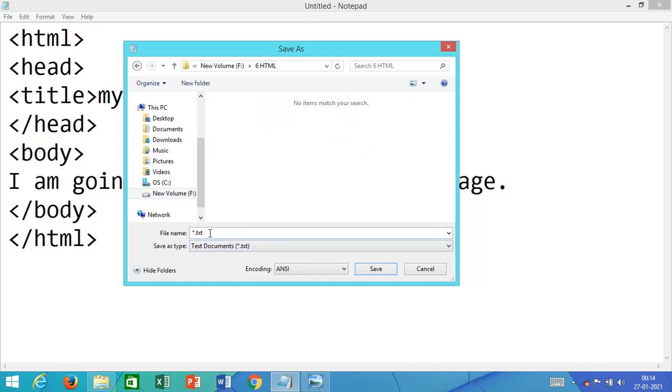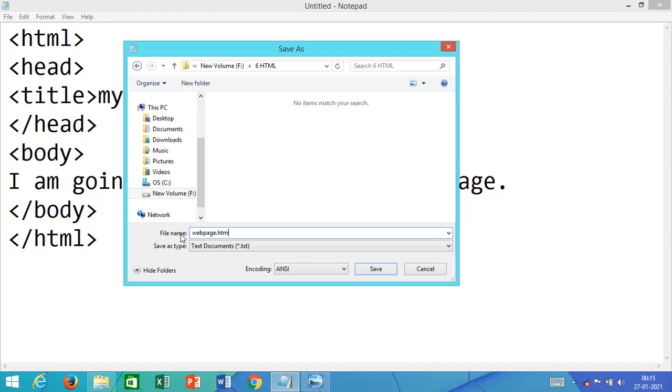Now here, down where you need to type the file name, I will type the file name. Let us say I want to give the file name as web page. But not only web page you have to write. Listen carefully. After writing the file name, you have to put a dot. Then you have to write HTML. Webpage.html. This is the way you have to write. Then only the file will get saved in a proper way, so that you can see your content in a web browser like a website.